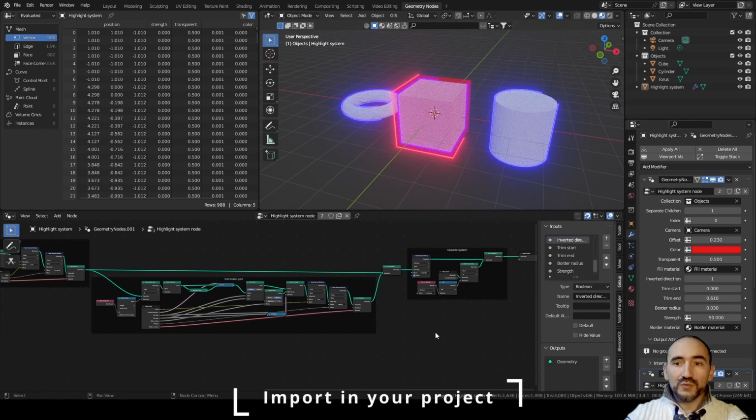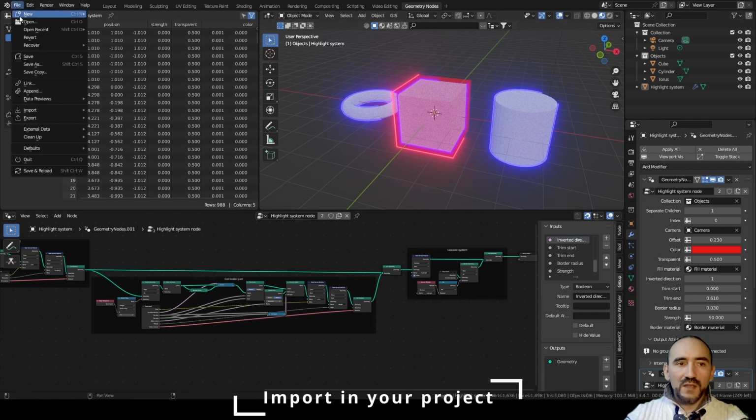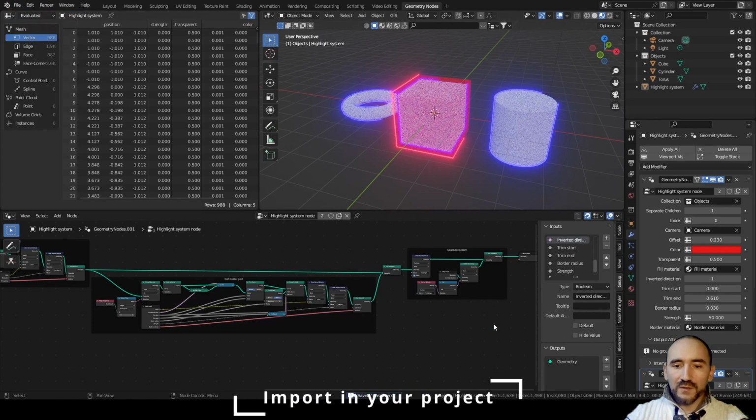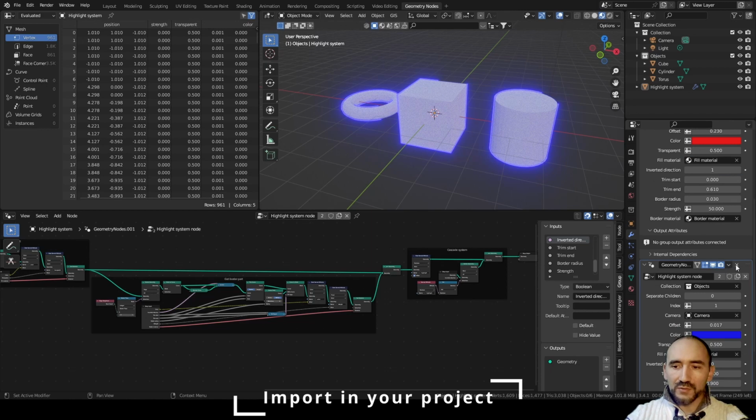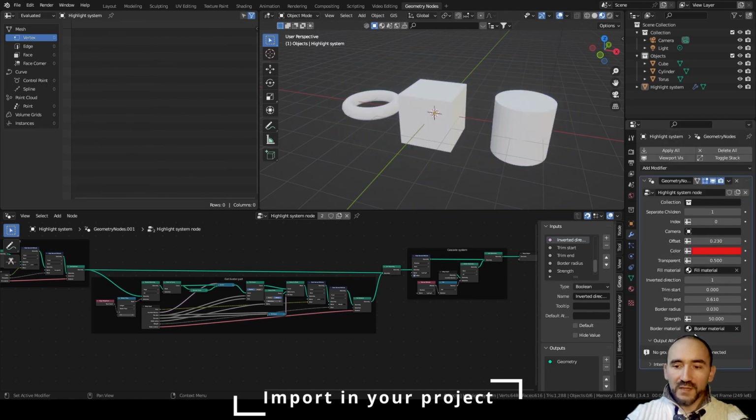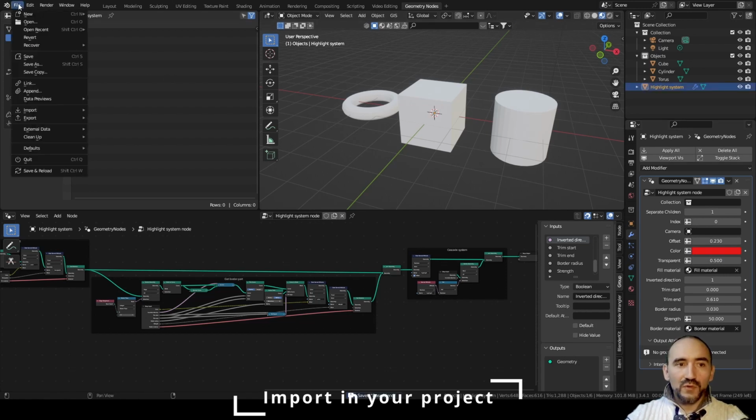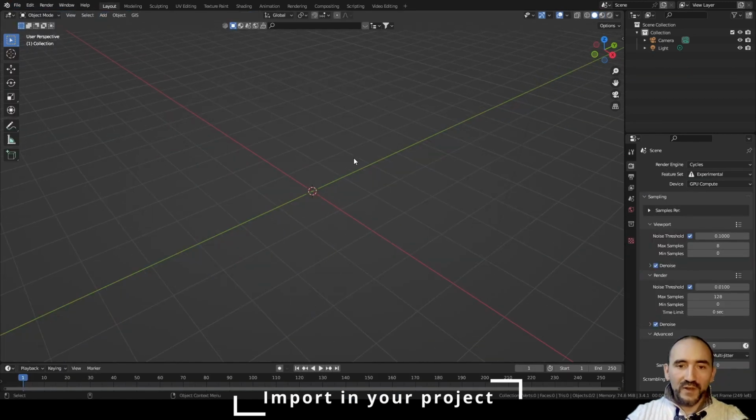And now if we want to add this highlight system, I suggest you do these two things. One is to save a base Blender file, disconnect the collection and the camera of only one geometry nodes, so delete the others, leave the fill material and the border material selected here in these geometry nodes, save the file, and from now on, if you go to file, create a new general file or open your file if you want,